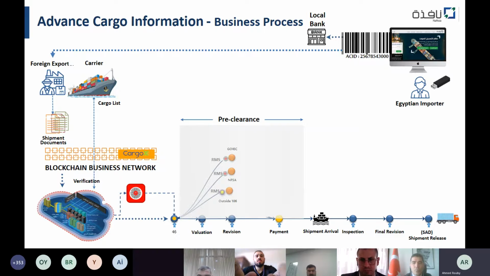This is a document transportation solution with, of course, a very secure process. We validate that all the information, the ACID number and the identification number for the trading parties, exporter, importer,